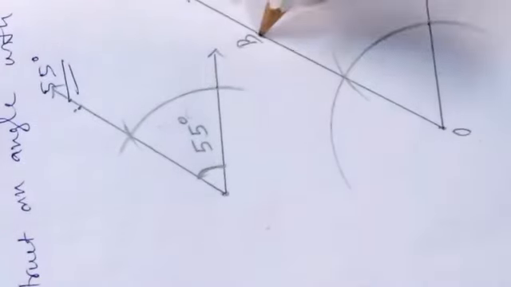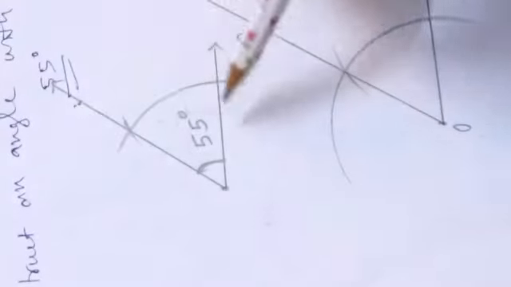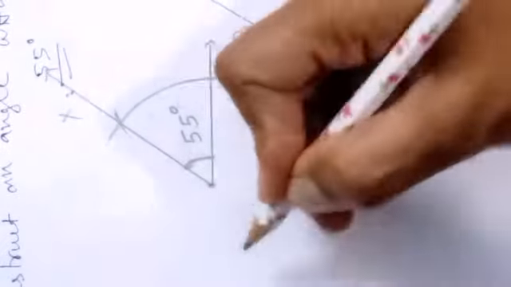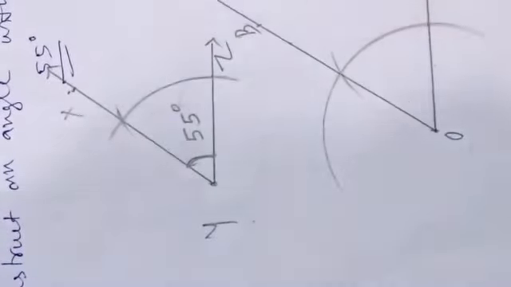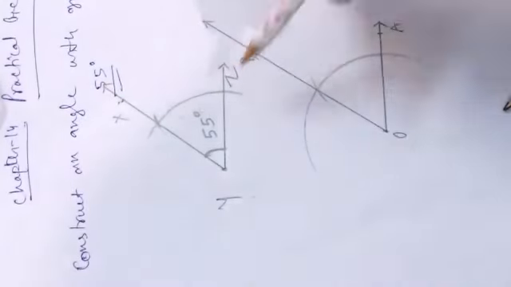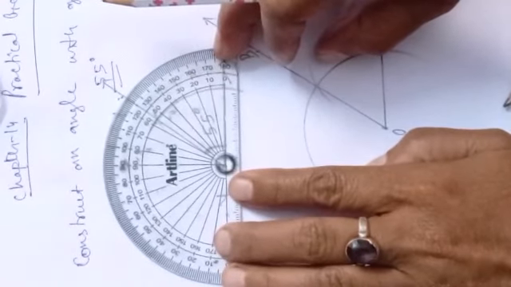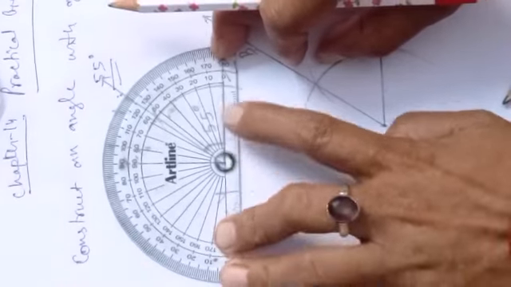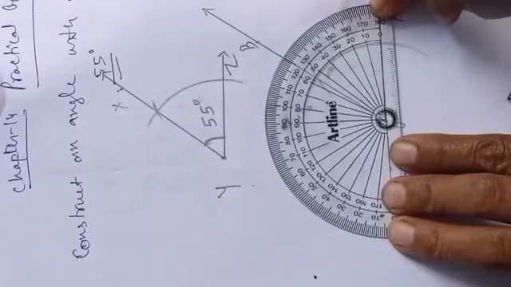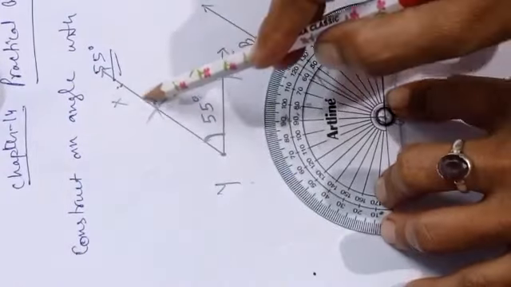Okay, so if I am marking this one as B, what angle have we got? Here we have got that copy of the previous one, which is BOA. If I am naming the previous angle as XYZ, then BOA is the copy of angle XYZ, and I have shown you by putting the protector also. The previous one we have drawn by using the protector and its measure was 55 degree, and here I have made the copy of this one, and see that both have the equal measure. That means it is the absolute copy of the previous one.